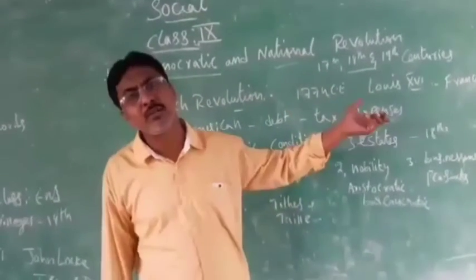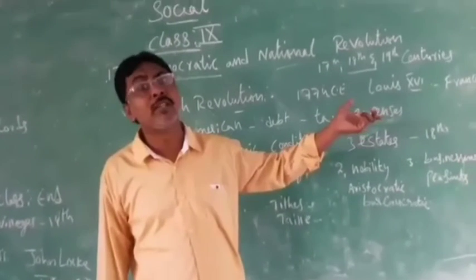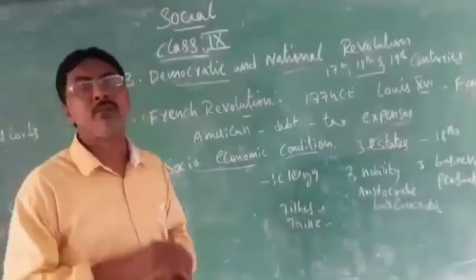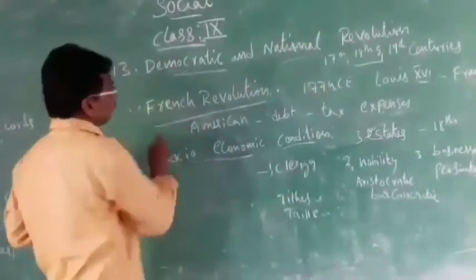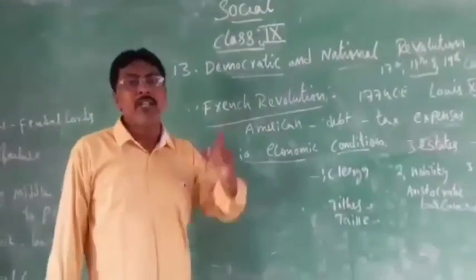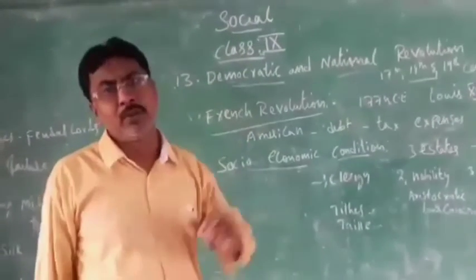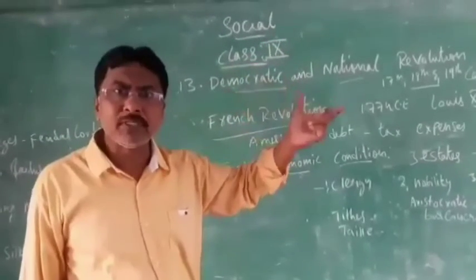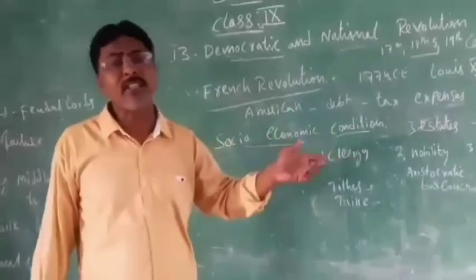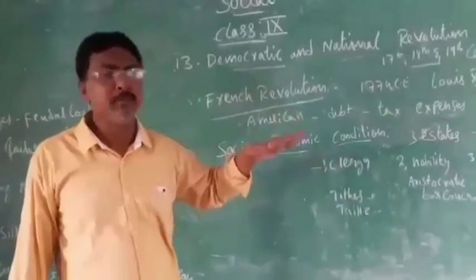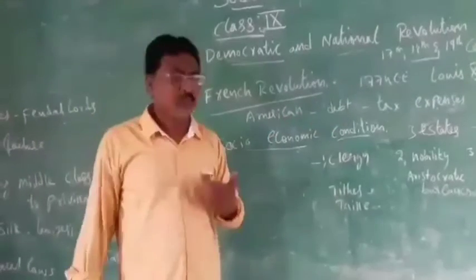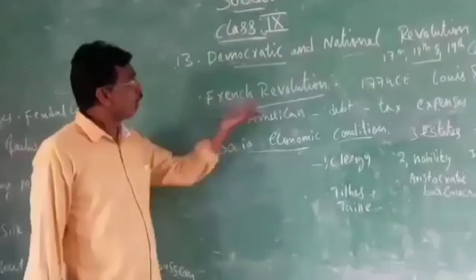The Glorious Revolution is the England revolution, where they fought for democracy. The Americans fought for independence. And the last one you should know is the French Revolution. Each country has a different story. England fought for democracy and at last got it. America fought for independence, got it, and made a democratic government, electing by voting and electing one head.